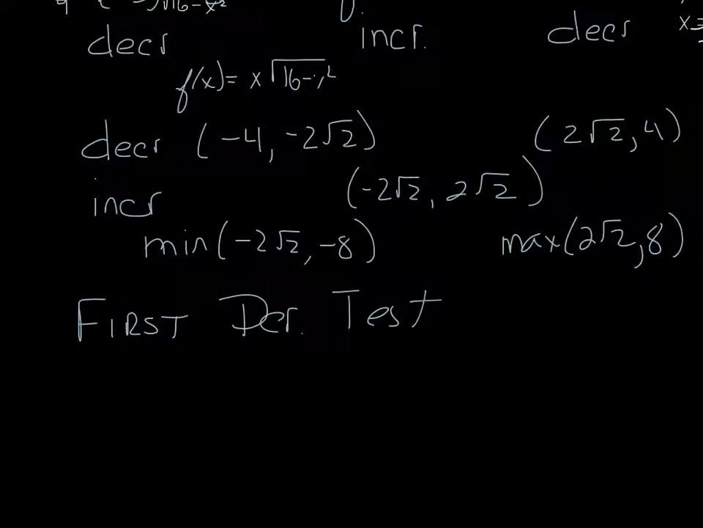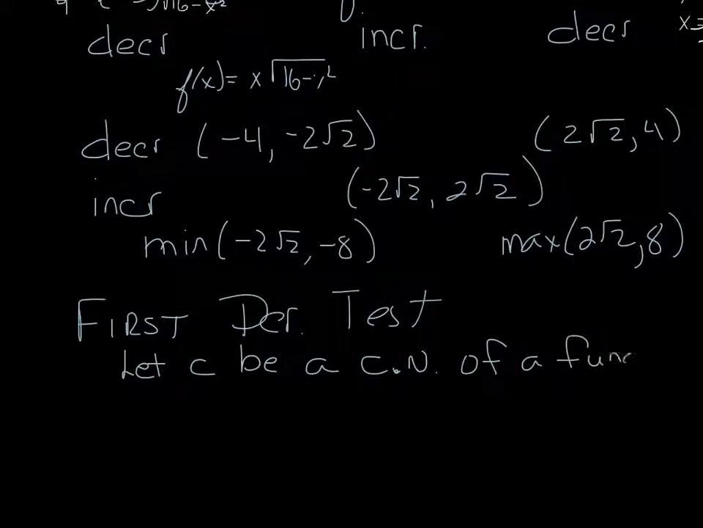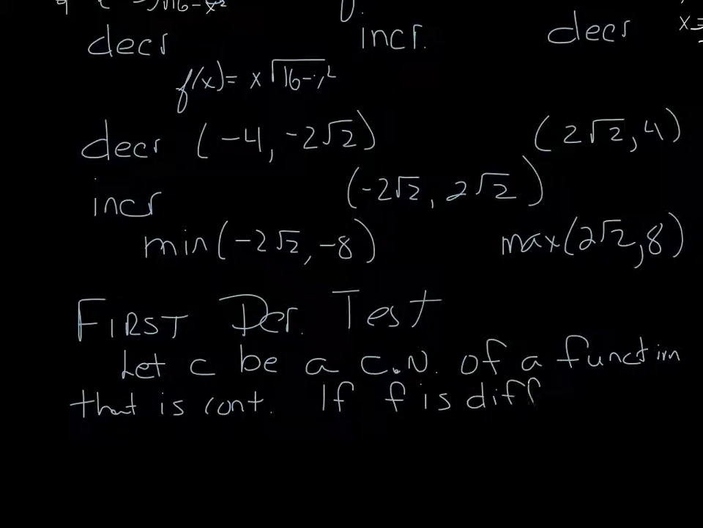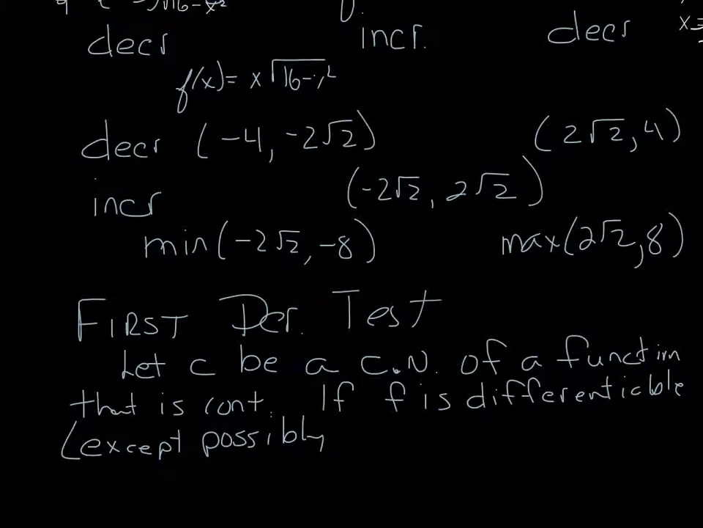All right, if C is a critical number of a function that's continuous, and if the function is differentiable except possibly at C, because if it's a critical number, it could be that it's not differentiable at C. But if it's differentiable everywhere else, then by the first derivative test,